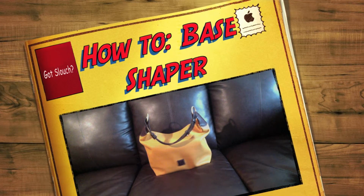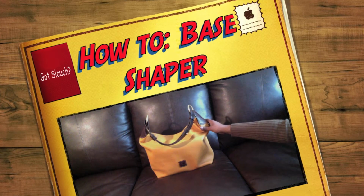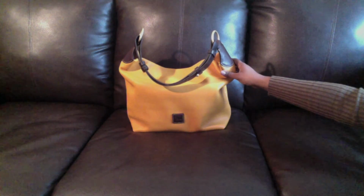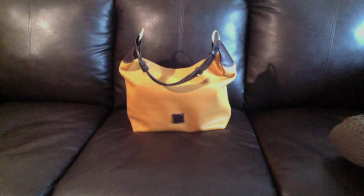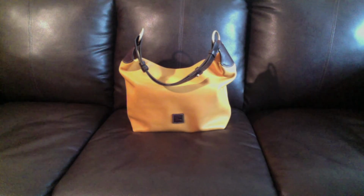Today's video is going to be on how to create a base shaper. If you saw my last video where I revealed my O-ring sack, I mentioned that I had just ordered a bag organizer, which is still on its way. But in the meantime, I wanted to find something that would help keep the structure of this bag,